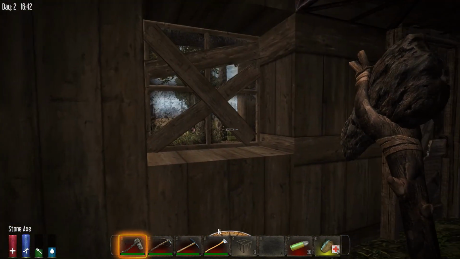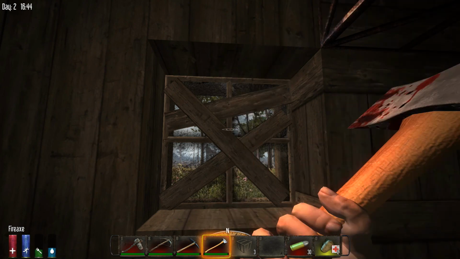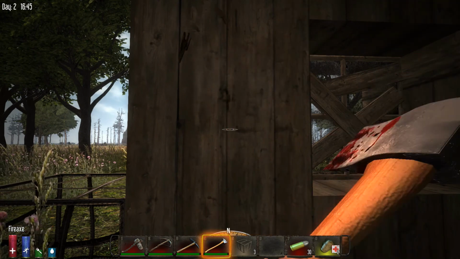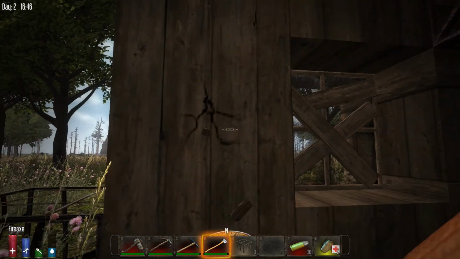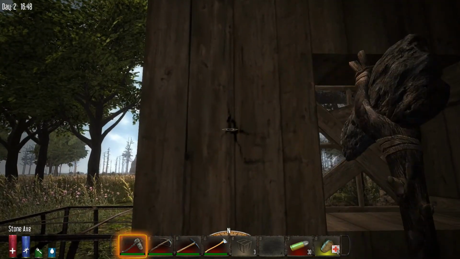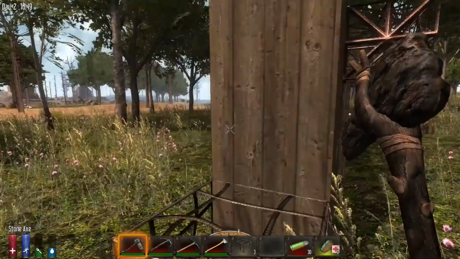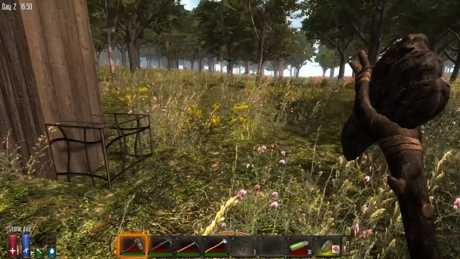Same goes for anything in the game. For example, these windows that have been upgraded. Actually, let's do a block instead. So you can see the damage start to be inflicted on that block. So any of the repair tools, you can right click and that repairs, and then you can upgrade as well. So those are very good ways of